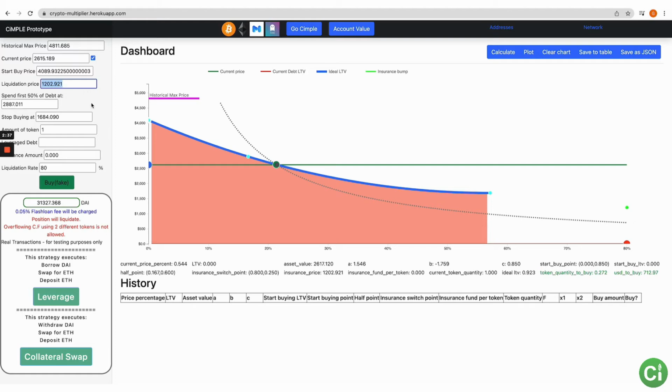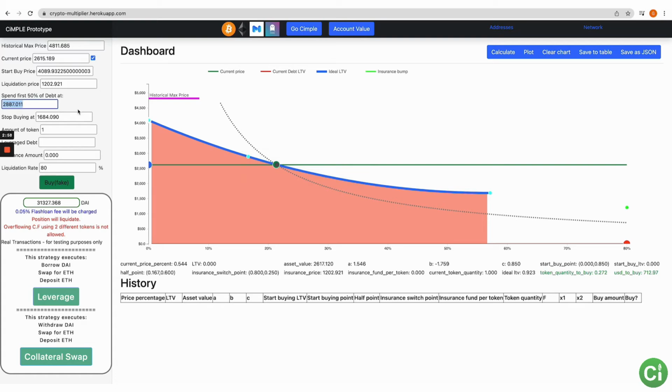Where do you spend the second 500? By adjusting this number, you can put more of the debt in the upper range if you think it's never going to hit the lower range. This would be advantageous if you set a really low liquidation price. Then you could still put most of the debt from that really low liquidation price in a range that you think it'll actually trade at. And so that's where you can modify this.